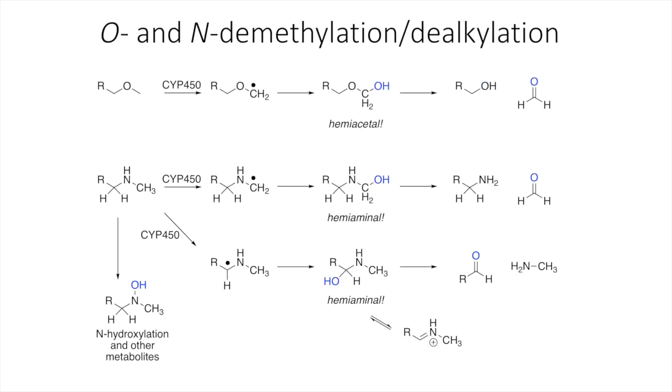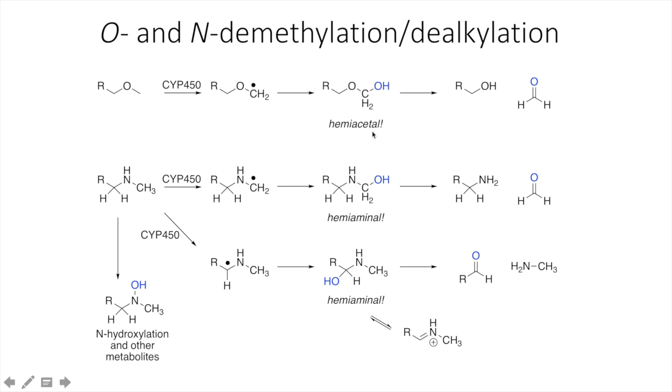But the maybe most common and easy to spot is O and N demethylation or dealkylation. So O-methyl groups, like in the top here, are very commonly seen in neurotransmitters especially. Cytochrome P450 will generate a radical next to that oxygen atom. And why is that stabilized? Well, I would think of it more like hyperconjugation, where my filled lone pair on oxygen overlaps my partially filled p orbital here. But this is a common radical to form, which can then take the OH from cytochrome P450